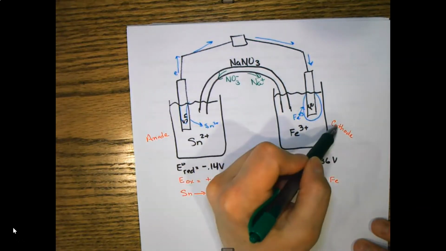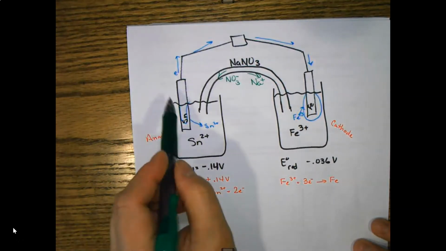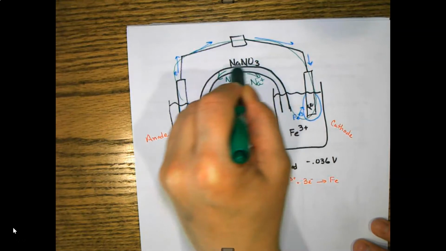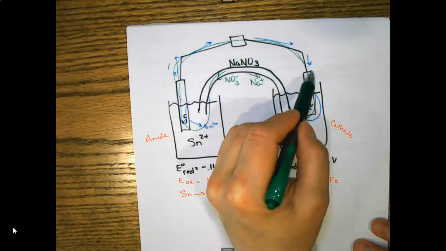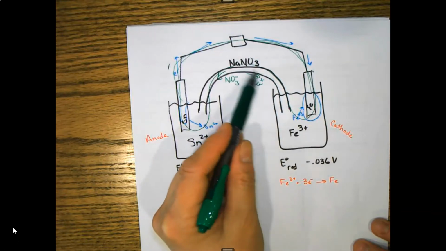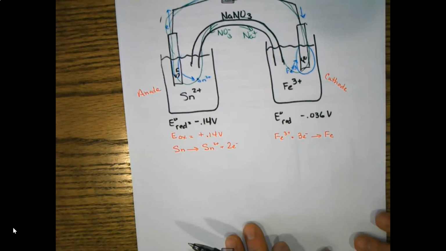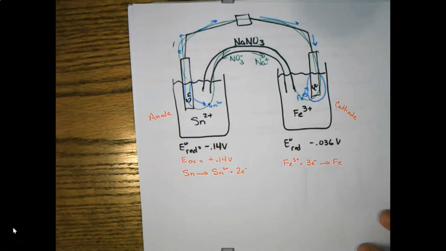So the cations move towards the cathode, the anions move towards the anode, but look at my circuit. I'm completing my electric circuit of negative charge. So the electrons flow from left to right in the wire, but the anions flow from right to left in the salt bridge. So hopefully you were successful with doing that. You've got some practice problems to do to give you a little bit more